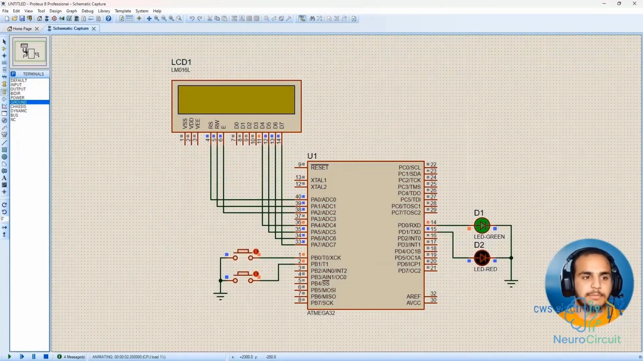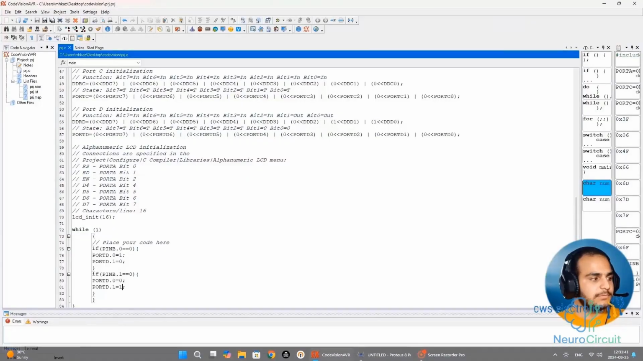So if I press the first button, the green LED turns on. If I press the second button, the red LED does. Even just up to here, it's something very simple, interesting, and practical. Now, I want to add an LCD display to this as well. So for displaying on the